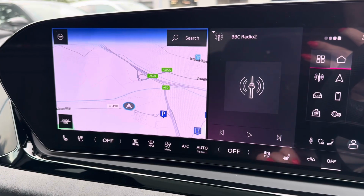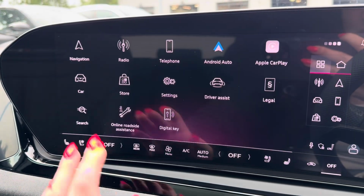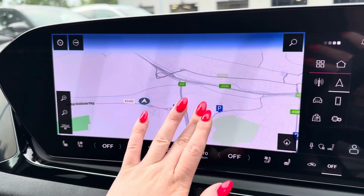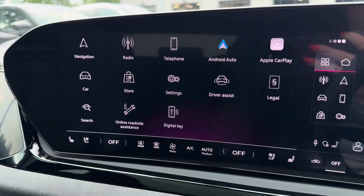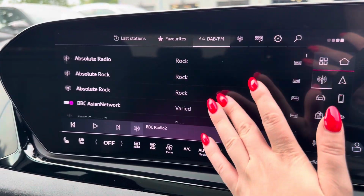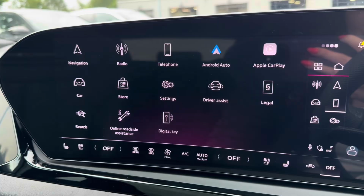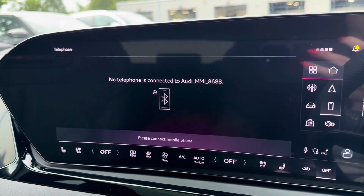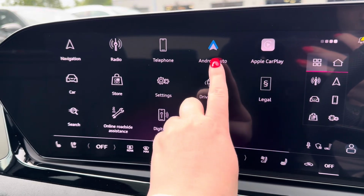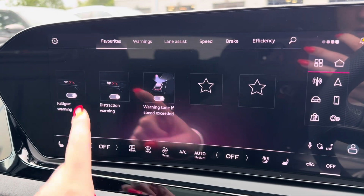Along the dash, you have the MMI multimedia display, going onto that home screen, with the navigation map to help you easily find your desired destination with confidence and ease. Radio to choose from your favourite DAB and FM radio stations. Telephone to stay in touch with friends and family when on the go. As well as the options of Apple CarPlay or Android Auto, along with driver assist to give you those pre-warnings